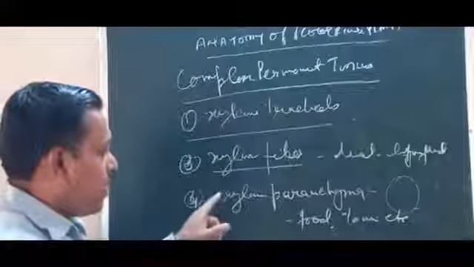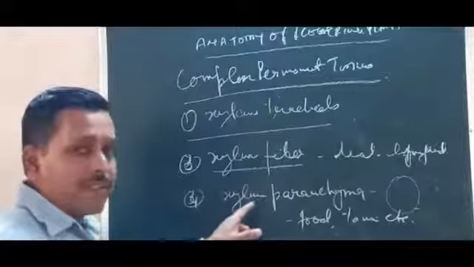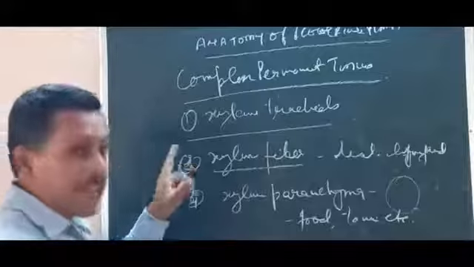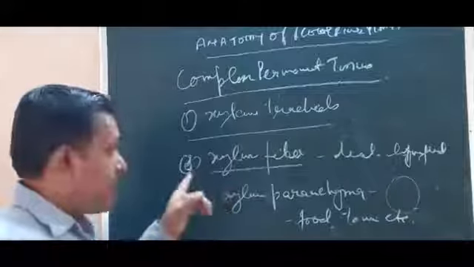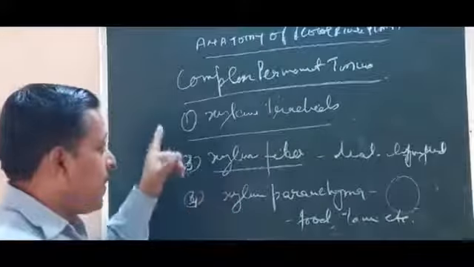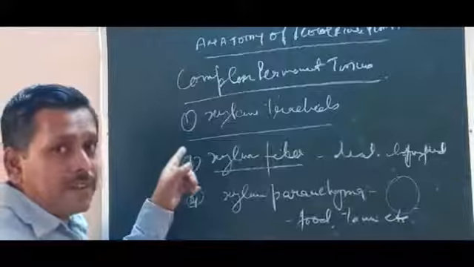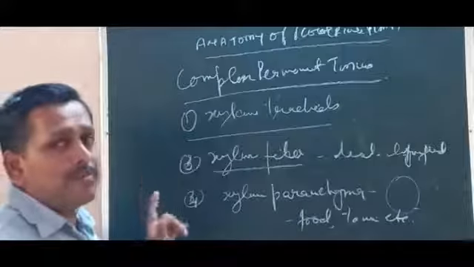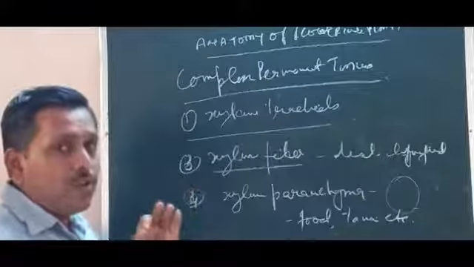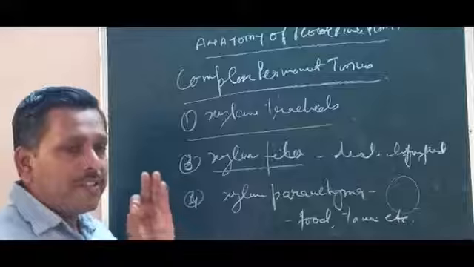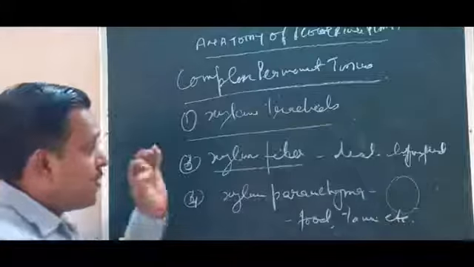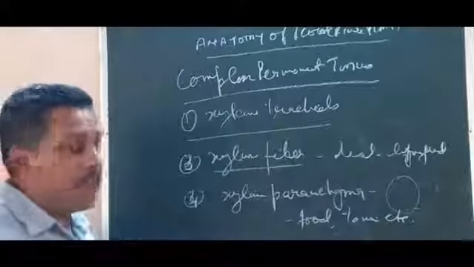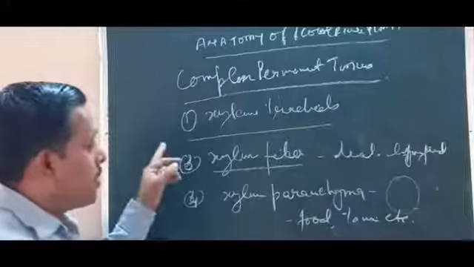Only the xylem parenchyma is a living cell, while the xylem tracheids, xylem vessels and xylem fibers are dead cells. The xylem tracheids and xylem vessels are absent in gymnosperms. This is the main feature. So we can say that xylem vessels and tracheids are the characteristic feature of angiosperms. Gymnosperms are devoid of tracheids and vessels. These four types of cells together are present in the xylem tissue, which is a complex tissue.